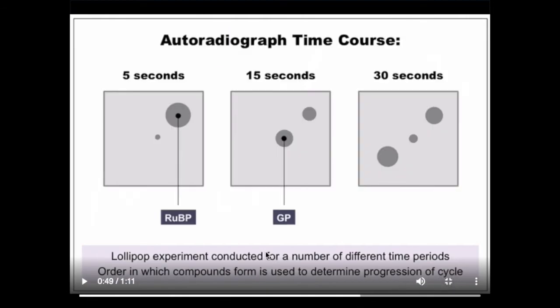Okay, listen. They took samples again in different time intervals, right? In 5 seconds, the carbon molecule present is RuBP. After 15 seconds, they got a sample from the lollipop again. Then using chromatography and X-ray, the next molecule present was GP. After 30 seconds, the next molecule was triose phosphate. So if you were Calvin, it just makes sense that RuBP is transformed to GP, which is transformed into TP,